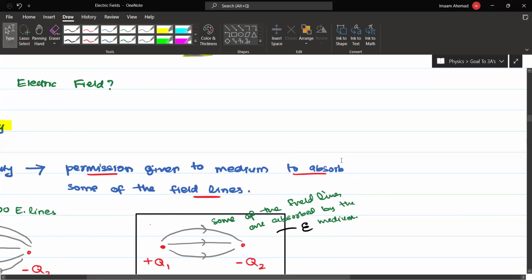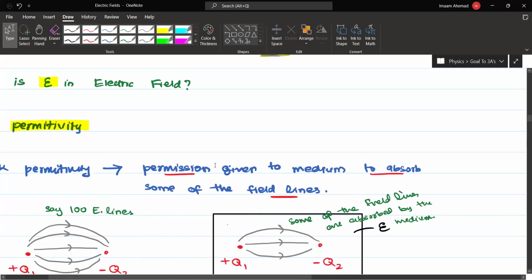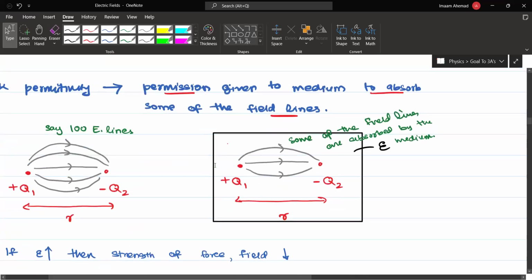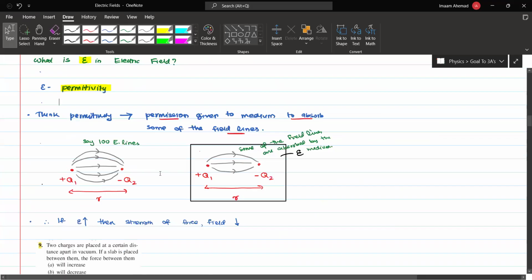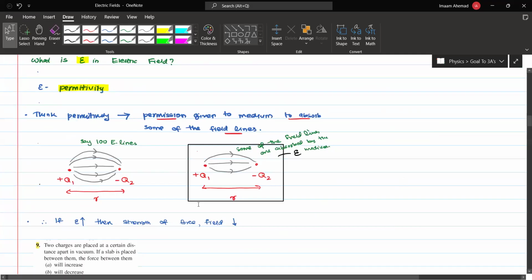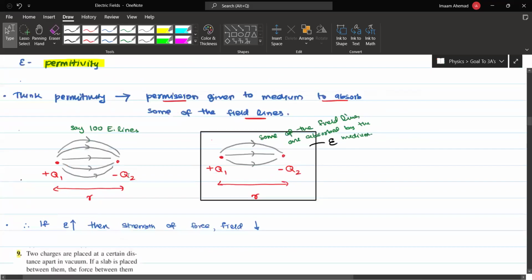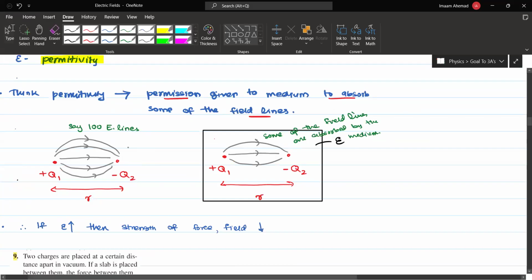I hope my screen is visible. The complete screen is visible. So let me show you it using a diagram. Now, let's say we have two charges, Q1 and Q2. Okay, we have two charges, Q1 and Q2. So when they are placed in a free space, so this is a free space, okay? When it is placed in a free space, in that case,